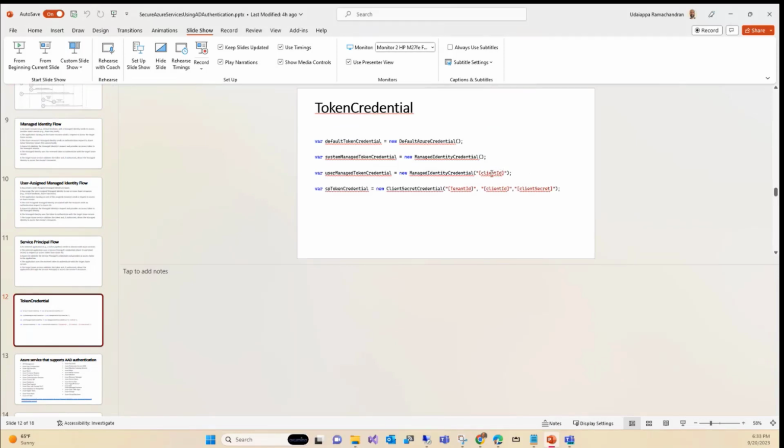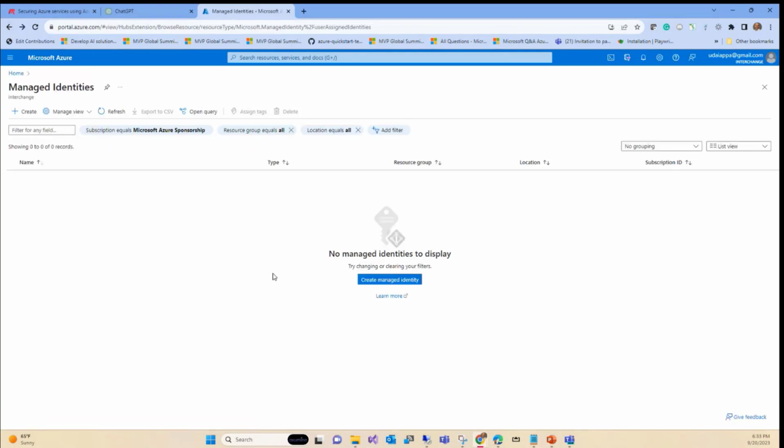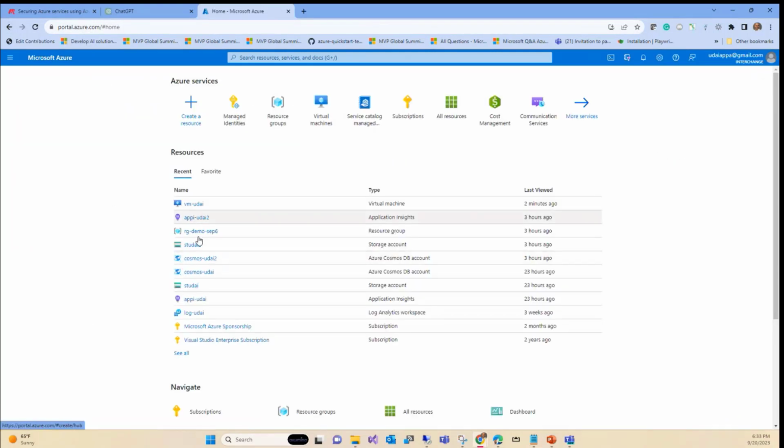You give access to that user managed identity, and then your code is going to look at it. In this case, you don't need to turn on the identity here at all. It's not going to hurt you, but it's not something you're going to use. So, like how I did on the VM, turn it on; here you don't need to do it. The same thing applies if you have the app: you go enable identity, the function app, go enable identity. Any services that we saw in the list, you can go turn on the identity.